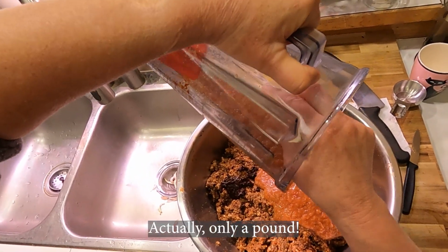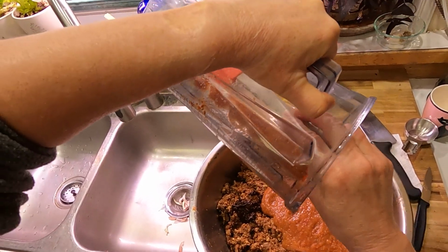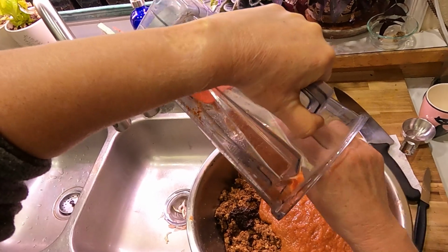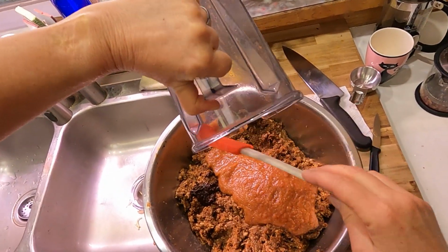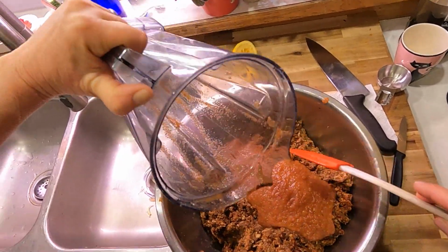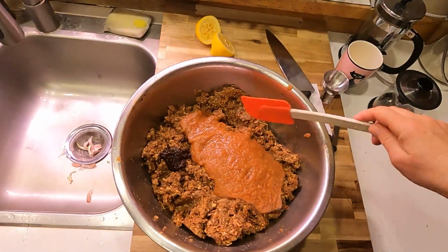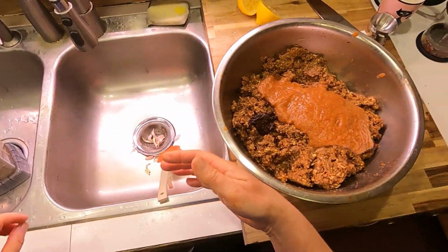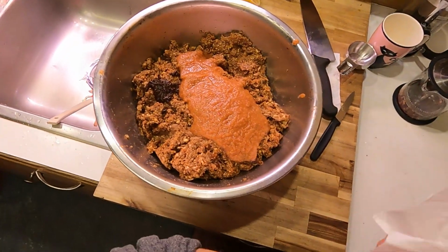And so I actually calculated the salt based on the weight, so I know the salt is correct, but everything else is quite under-seasoned, and I did fry up a little bit last night, and it was definitely under-seasoned. So at this point, I'm kind of punting, and I am adding in some additional vinegar,